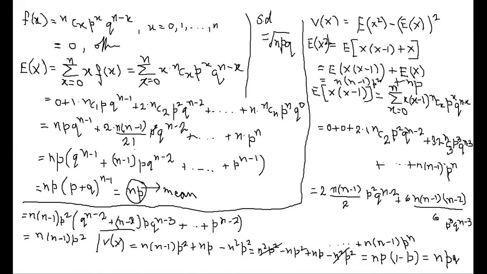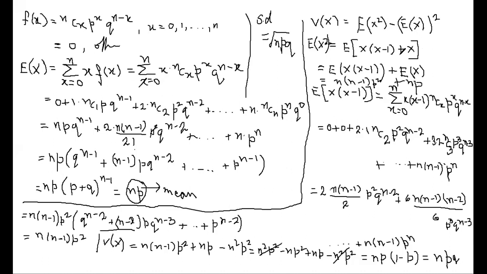And then utilizing the mean value or expectation of x, we have gone for the variance of x, which we can write in terms of expectation: first, E of x square minus E of x whole square. This part E of x is known to us, so we are left to find E of x square. We have rewritten it as E of x into x minus 1 plus x. Just a modification for x square, nothing else.